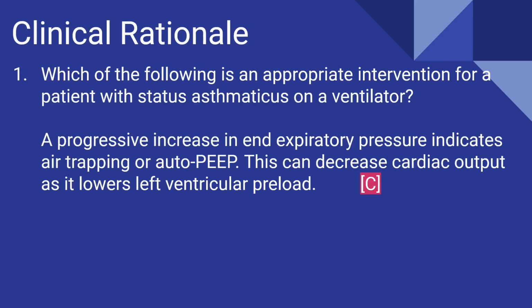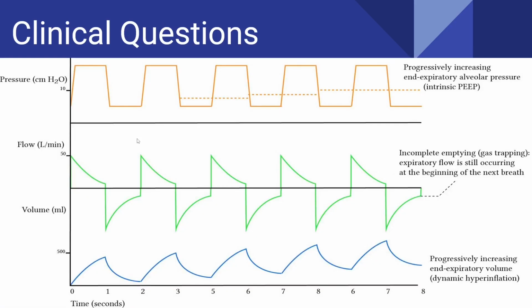But what that can do is decrease cardiac output. Anytime you increase PEEP, you can decrease cardiac output. So we need to make sure we're checking for auto PEEP, and this is what it's potentially going to look like